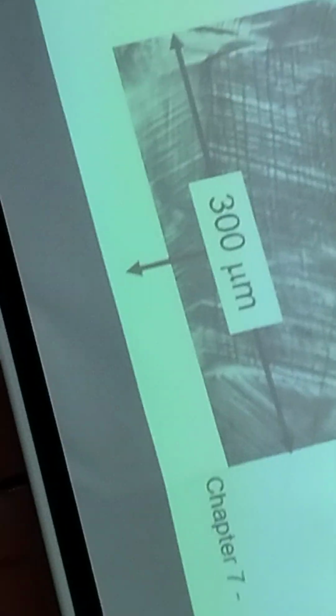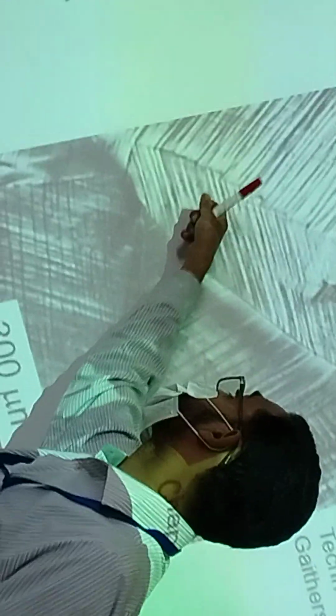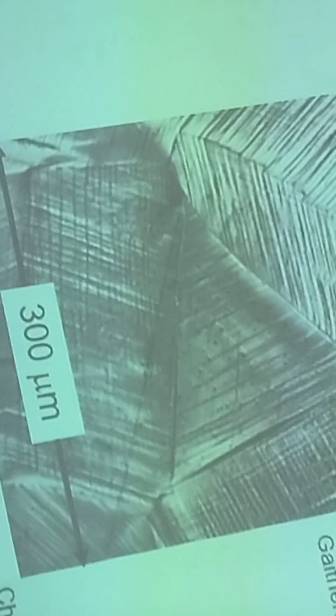Even in multi-granular components where the overall effect is going to cancel out these slip planes, still when you look at the grains, you can see that in this grain, the slip plane is in a horizontal direction. In this, it is at an angle around 45 degrees. This one is at an angle around maybe 60 degrees. The slip plane will still form. You can see the different slip planes which have occurred in this sample, but the overall effect is going to be that they are not going to